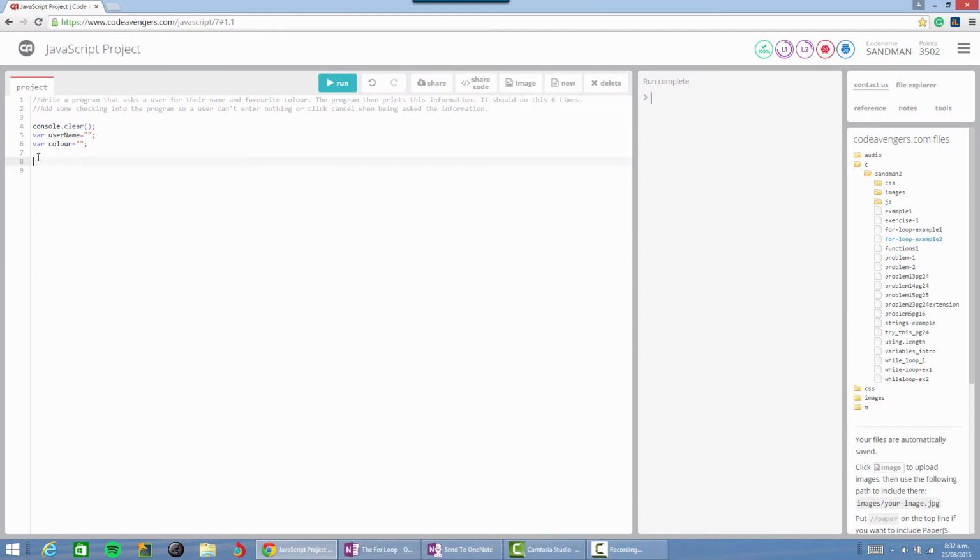So what we want to do here is to ask the user for their name and their favorite color and repeat that process 6 times. To use a for loop for this, we need to have the conditions. I'm going to make up a variable called count, but it could be anything. It could be i, for example, if you want to use i as a counter. So I'm going to set count equal to 0, and then a semicolon, and the condition, we want count to